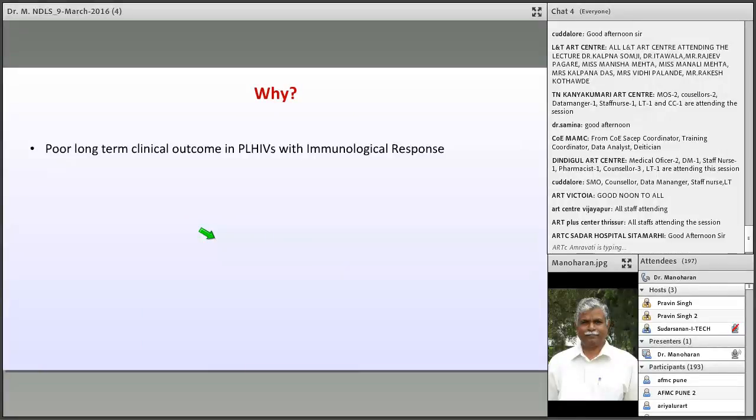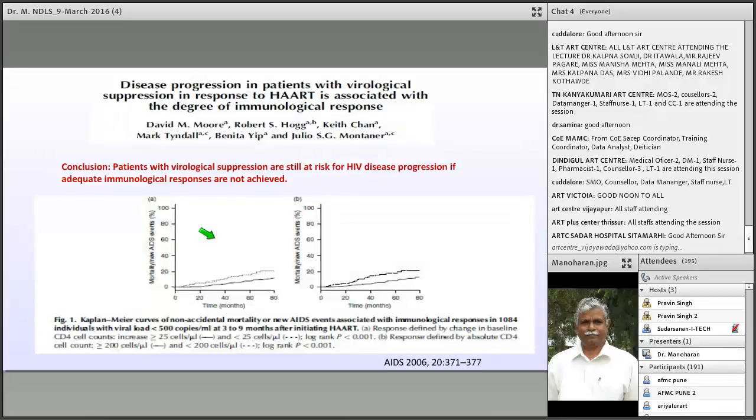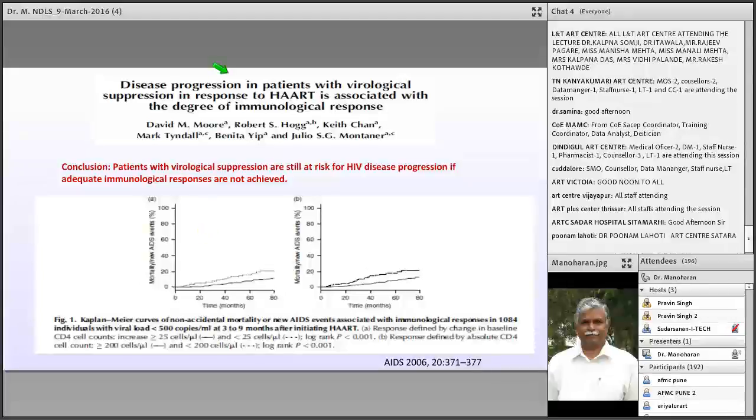Because if you look at the literature, almost all the articles say that for this poor immunological response, the immunological non-responder, the long-term clinical outcome is very, very poor. So let us see what is the evidence for this. If you look at this particular journal, in this slide I have shown you the name of the journal, and if you look at this graph,